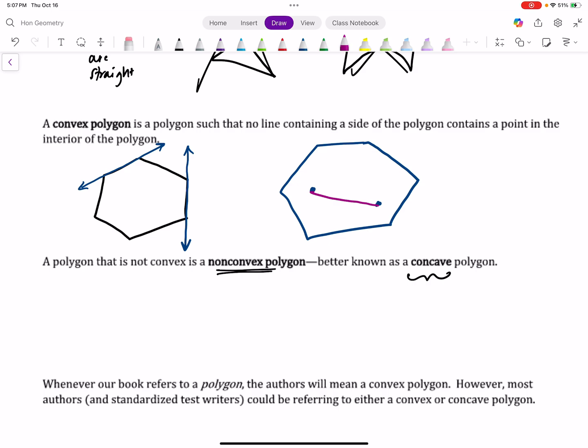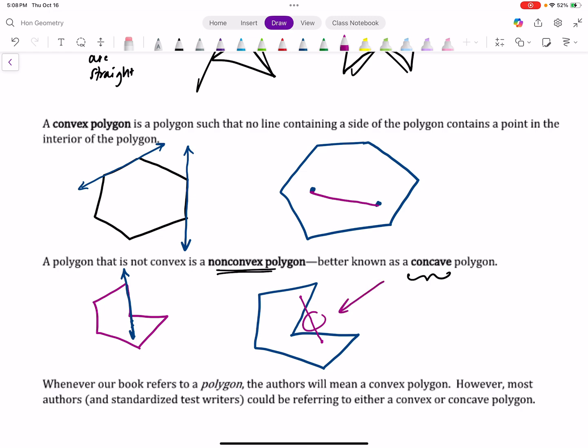And that would be, to go along with the definition that your book has, that we can take a side, extend that side, and some of those points will be on the interior of the polygon. Again, the definition I like better: to make it concave means there are at least 2 points I could take on the interior of that polygon that I could connect with a line segment, and some of the points on that line segment would be outside the polygon, not a convex polygon. Most people, I'll be honest, remember that there's a cave. So if it dents back in on itself and forms a cave-like shape, we'll say they're concave